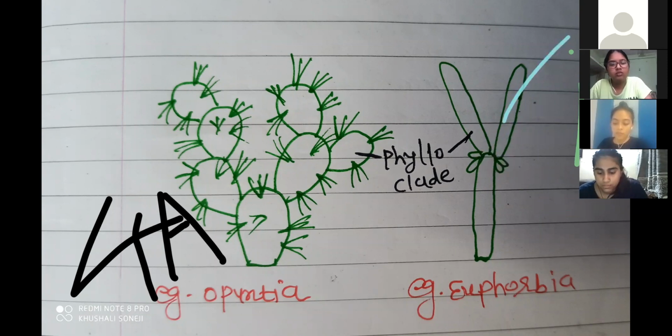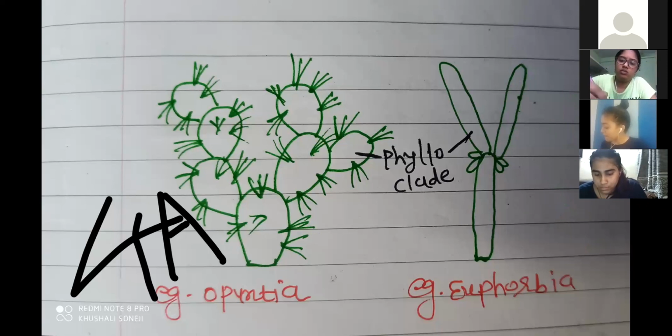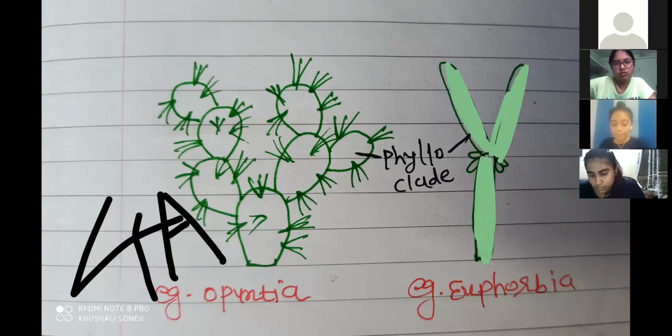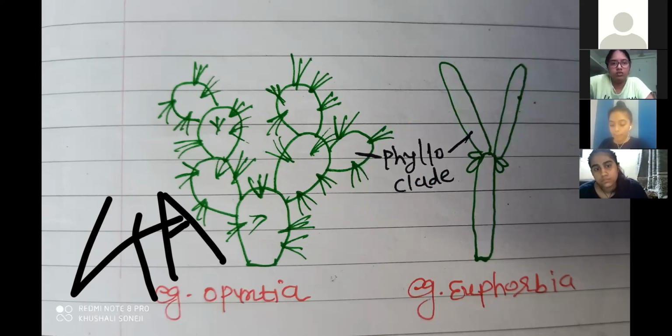So to avoid this problem, over here leaves are very few and very small. Remember, in case of this Euphorbia, the part that becomes greenish in color is the stem part, and it performs photosynthesis. And these are cylindrical in shape. So this cylindrical stem looks like a leaf; we call it phyloclade. Example, Euphorbia.